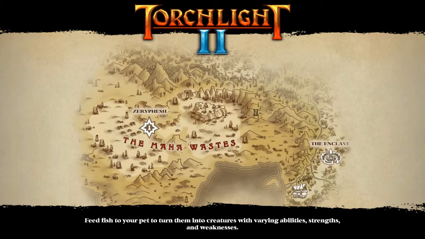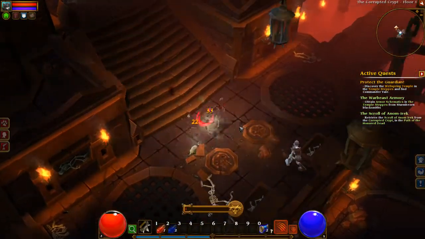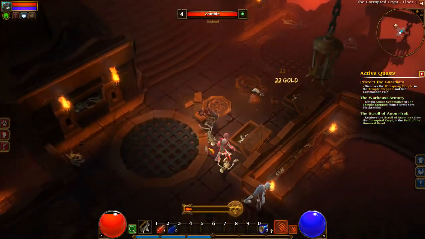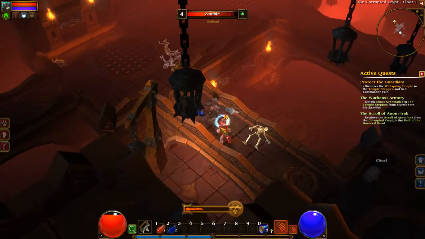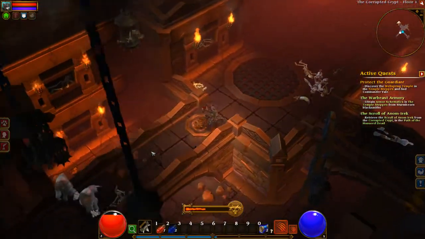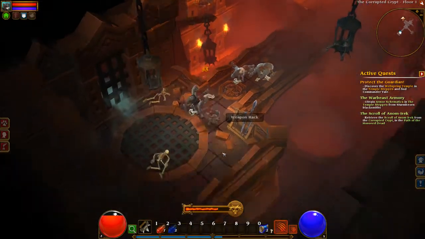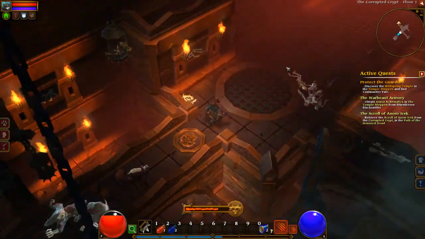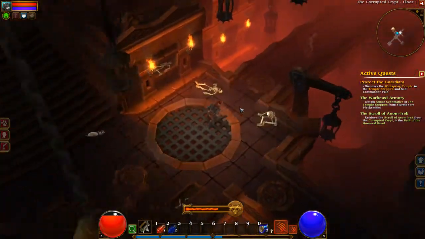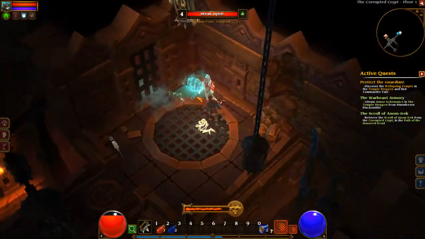Sounds good. Let's enter the corrupted crypt. So that would mean that in Torchlight 1, a lot of the items you find are kind of useless to you, because if you're playing as a melee Destroyer, for example, you would never ever put points into magic. That would be completely pointless, if you pardon the pun. So you would never be able to use those gloves, for example. In this game, however, if I find an item that is really cool, but I don't want to spec the points into using it,